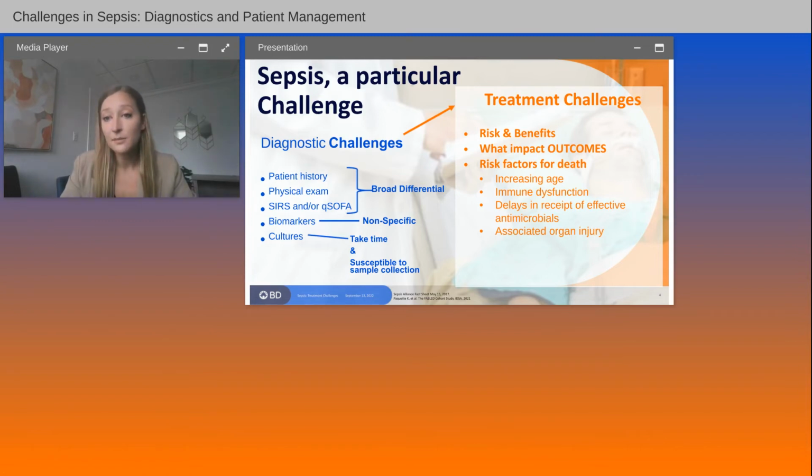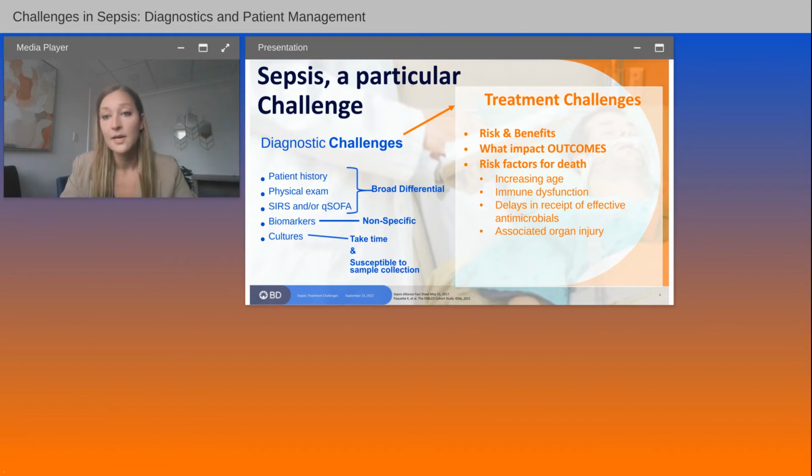So every sepsis patient can look quite different. So each needs to be approached in a patient-specific manner where we're taking into consideration the risks and benefits of every decision we make, customized for that patient. To inform those decisions, of course, it's always important to keep in your mind what is actually going to impact this patient's outcomes. And there's so much literature in this space around sepsis that I want to take us through